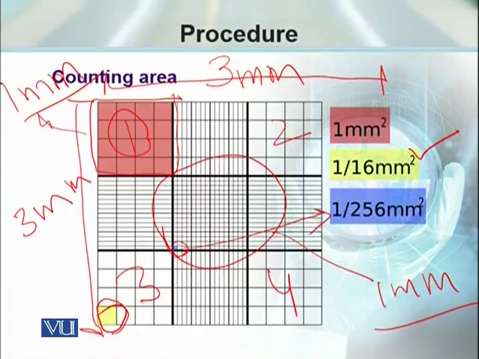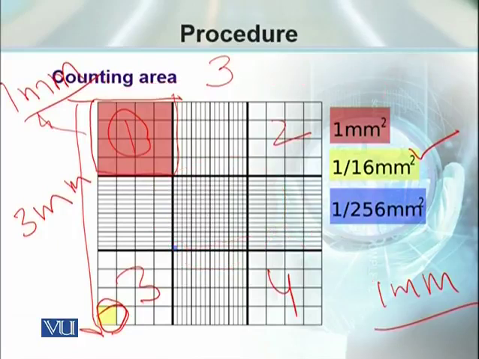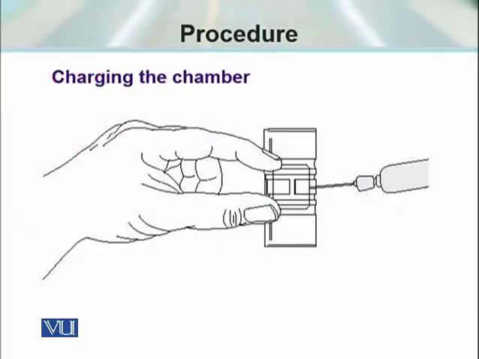When we are working with the yeast cells, we have to count the yeast cells. Our area of interest is this central region, central 1 millimeter square area. In order to count the cells, we have to take the hemocytometer like this one, cover it with the cover slip like this one, and take the sample, put minute drop at the junction of the cover slip and at the junction of the hemocytometer. Due to capillary action, the liquid will flow in and it will charge the chamber.